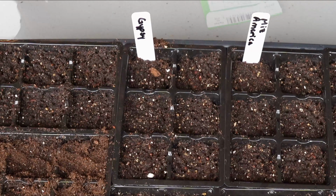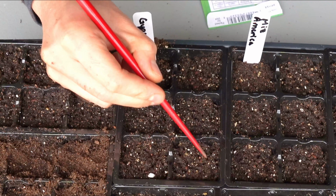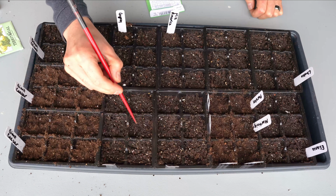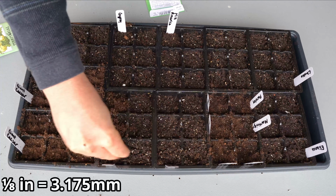And then I'm going to very lightly press the seeds down with the chopstick. You don't need to do this. You can just cover it with the mix, but I like doing this because I kind of like being an artist with this. And then just like before, we're going to cover everything with about 1/8 of an inch of